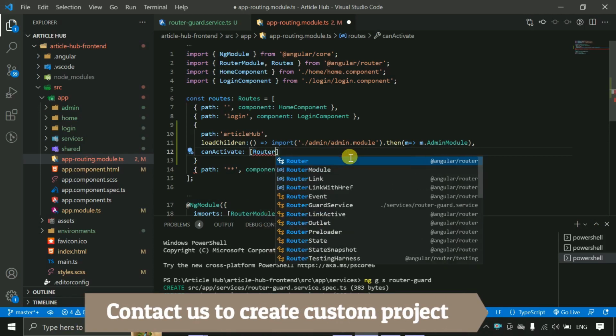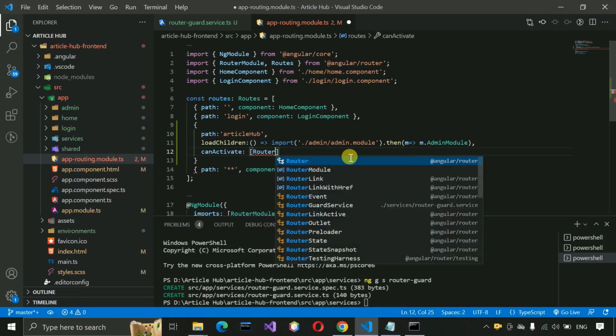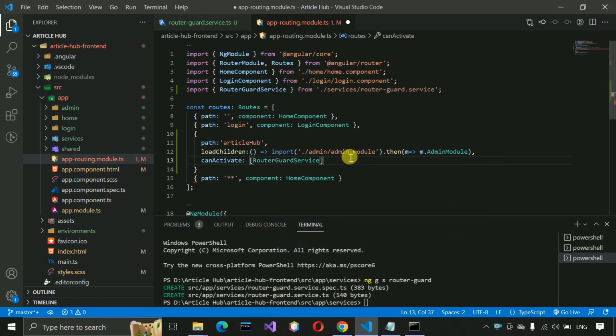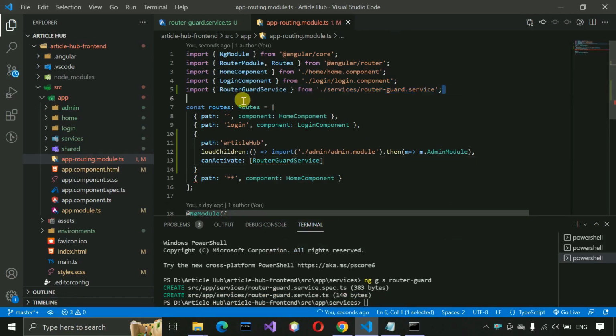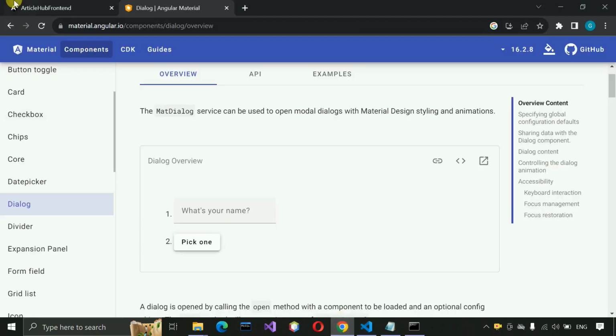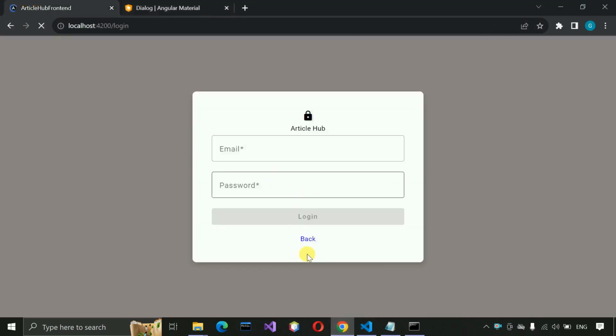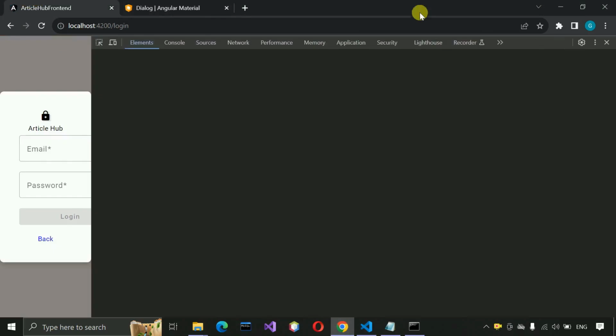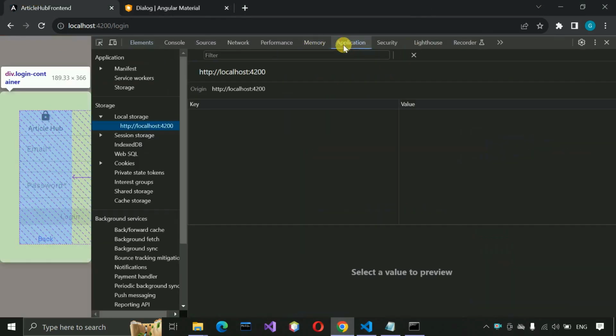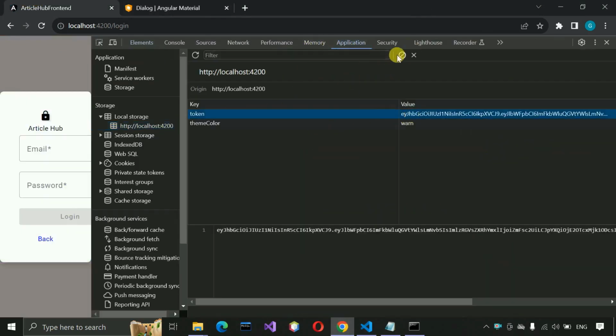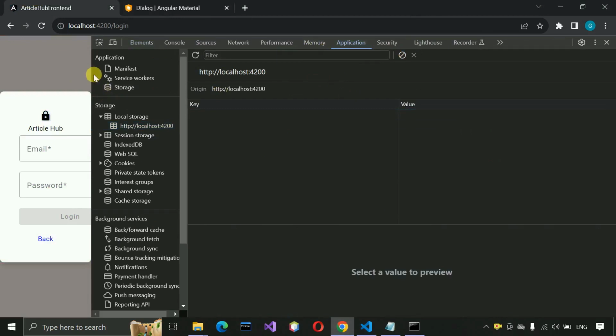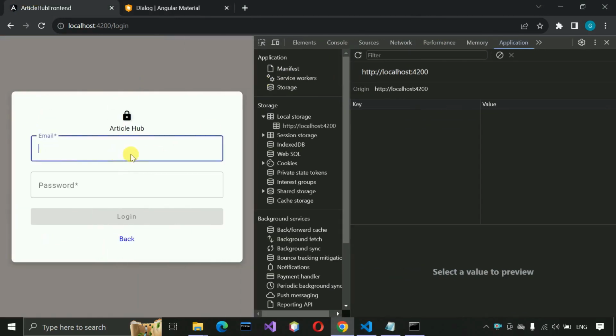So I'm going to use route guard and guard services. You can see it has been imported from here, and here you can see, let me put a comma over here and save this. So now we are going to open our UI, and I'm going to inspect. I'm going to application. I'm going to remove this token